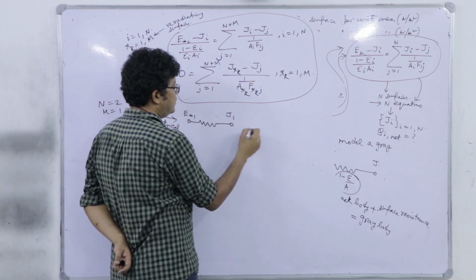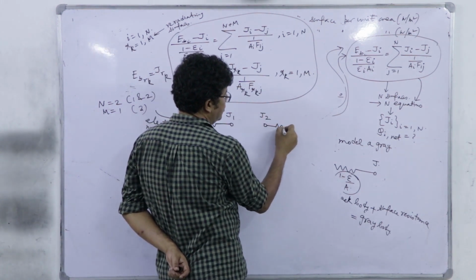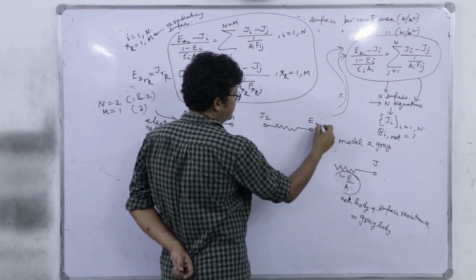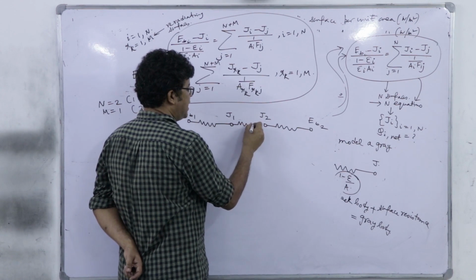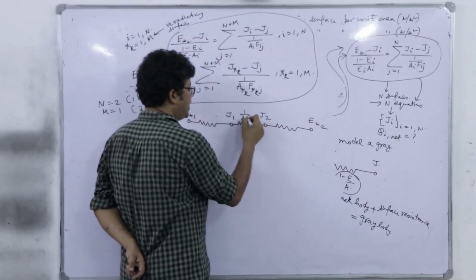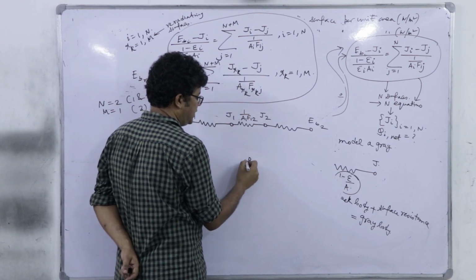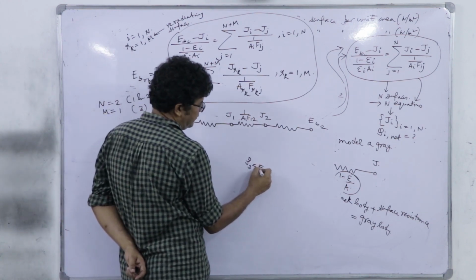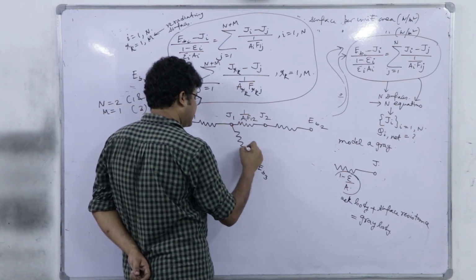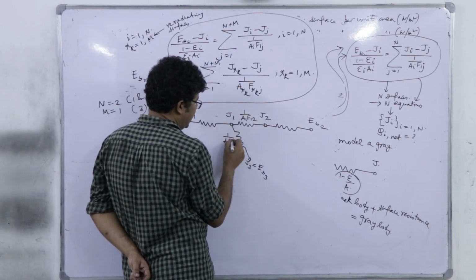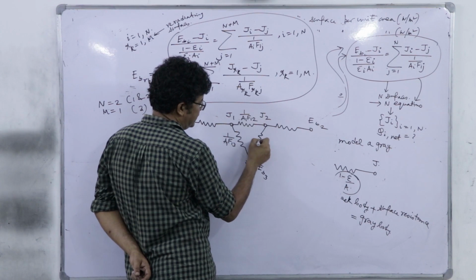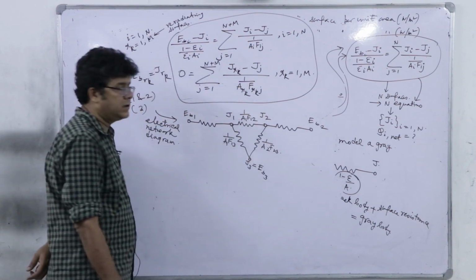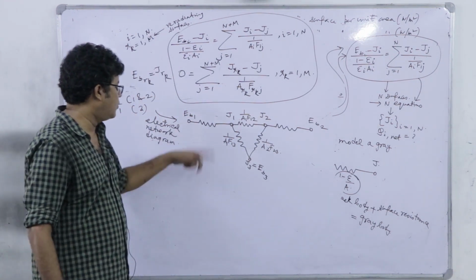The electrical network diagram for these active and re-radiating surfaces will be something like this. EB1, J1, J2, EB2. Intermediately we have 1 divided by A1 into F12. Here this is J3 and there is no surface resistance, so J3 equal to EB3 for re-radiating surfaces. However, this is connected to J1 by 1 divided by A1 into F13 and also connected to J2 by 1 divided by A2 into F23.